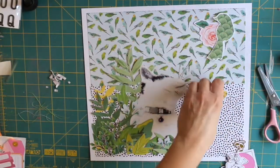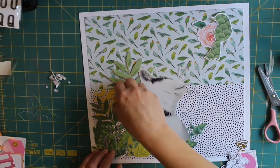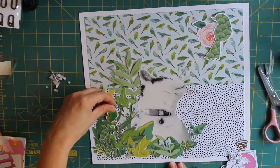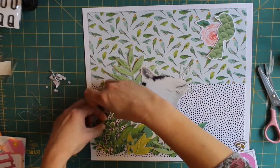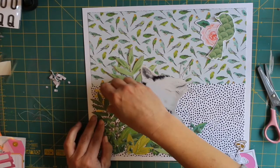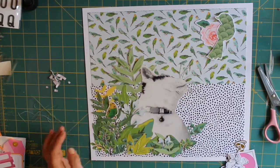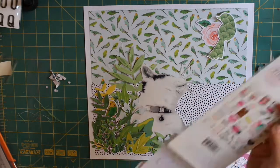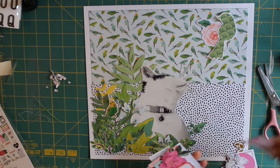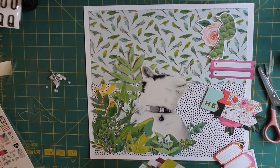So I think I've machine stitched some of those leaves now, so I'm just deciding where I'm going to put that bird. It still wasn't standing out really from that background budgie paper, so I thought by putting a pop of pink behind it or some other colours, then hopefully it would lift that bird off the page a bit more. And I also spent ages wondering how I was actually going to ground that bird. So you can see I've put some pink labels there,